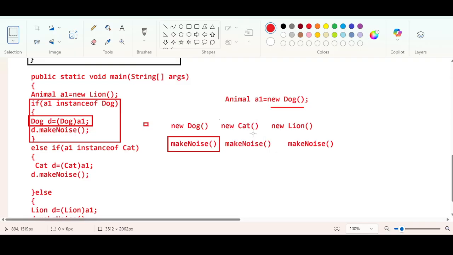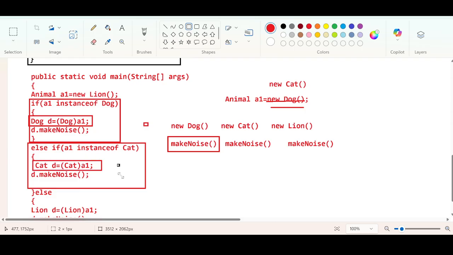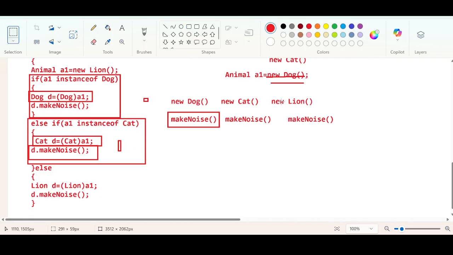if you are passing the cat object at runtime, there is a check. It will check whether a1 is an instance of Cat. If it is an instance of Cat, you first downcast it. The advantage of downcasting is that you can call the specific method of the child class, the make noise method. Likewise, at runtime, if you pass the lion object,